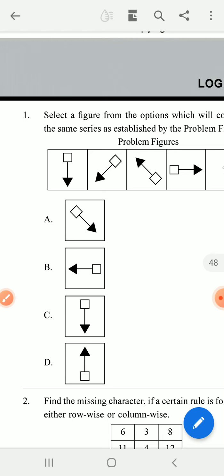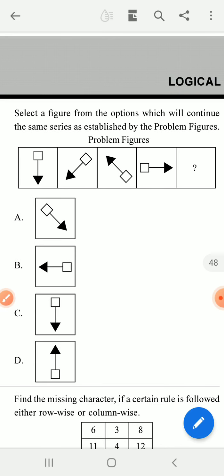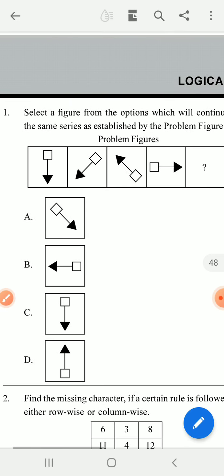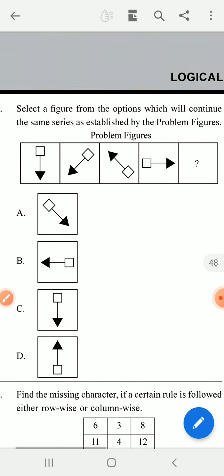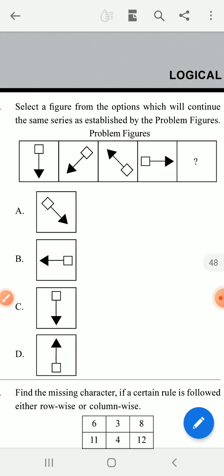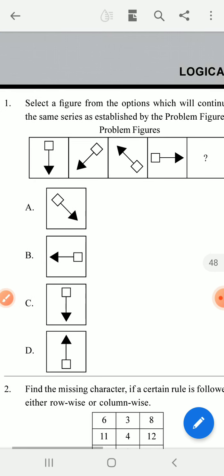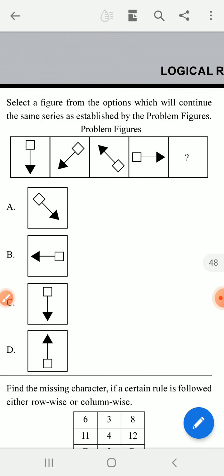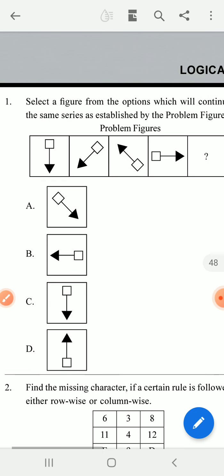Today I will discuss some of the problems from the IMO 2019 Set A. First one: select a figure from the options which will continue the same series as established by the problem figure. Look at which is properly fitted. So number 1, B is the answer